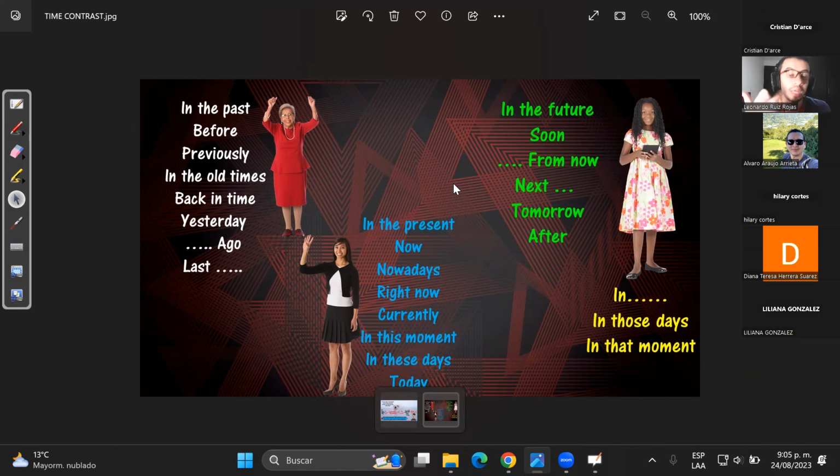Obviamente también pueden incluir estos que vimos hoy, de pronto para mencionar algún hábito pasado, algún hábito viejito, lo que se hace en estos días, you know, it depends on you. Lo ideal es que describan lo que sucede o cómo se celebra ese día, con los adverbios de tiempo, tanto los de la clase pasada como los de hoy. ¿Listo?